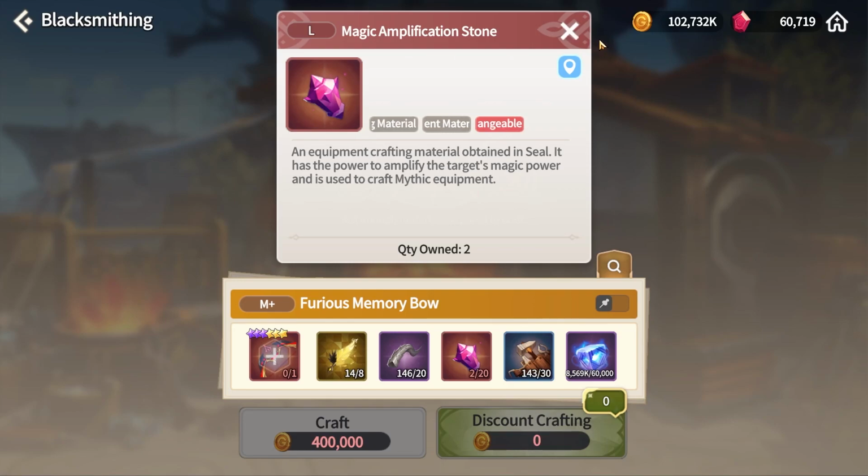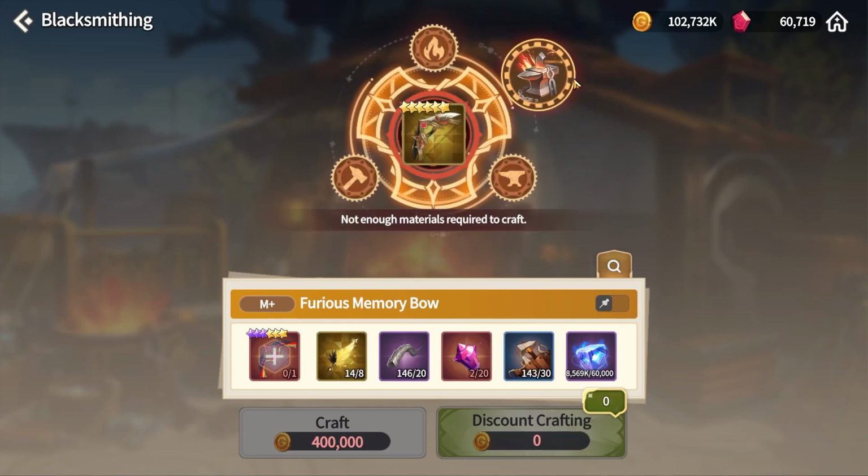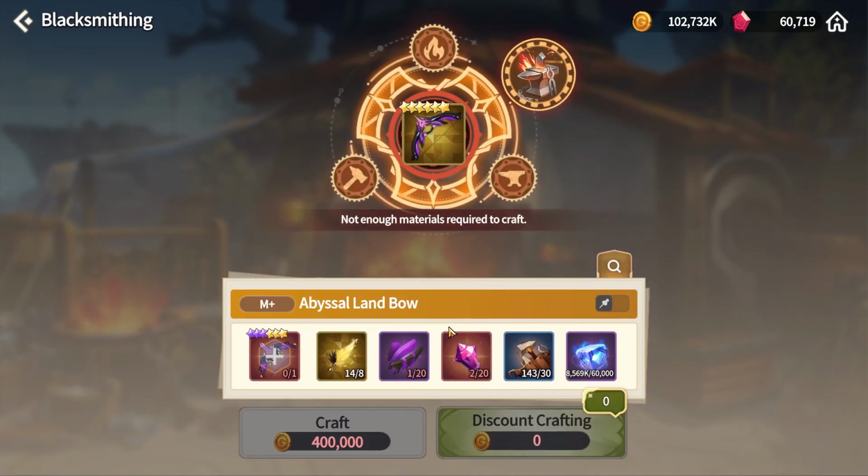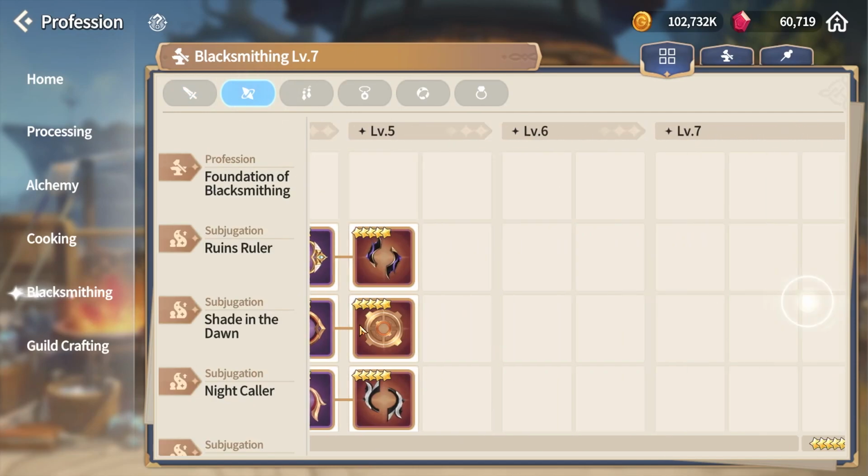I think I did like 4 or 5 seal runs and I got around 22 of these. So you can get an average of like 3, maybe 4, 5. I think 6 was the maximum drop I got. 30 of these and 60,000 sky stones. As you can see, it's all the same except for the type of the weapon and sub-weapon